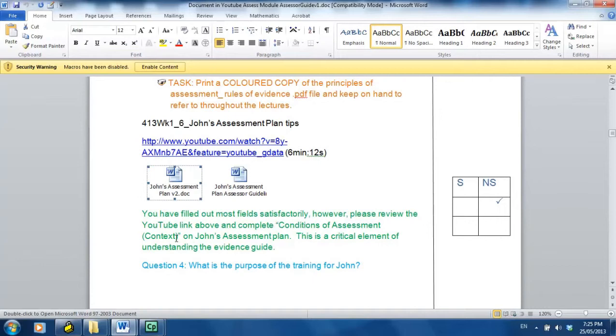the context box on John's assessment plan, because within the forklift licensing requirements, a critical aspect was that the context had to be actually using a forklift, or with a forklift; there couldn't be simulations in that. So that was pretty important, and that was actually stated quite explicitly on the YouTube. So what we need to do is take this type of information, and when we